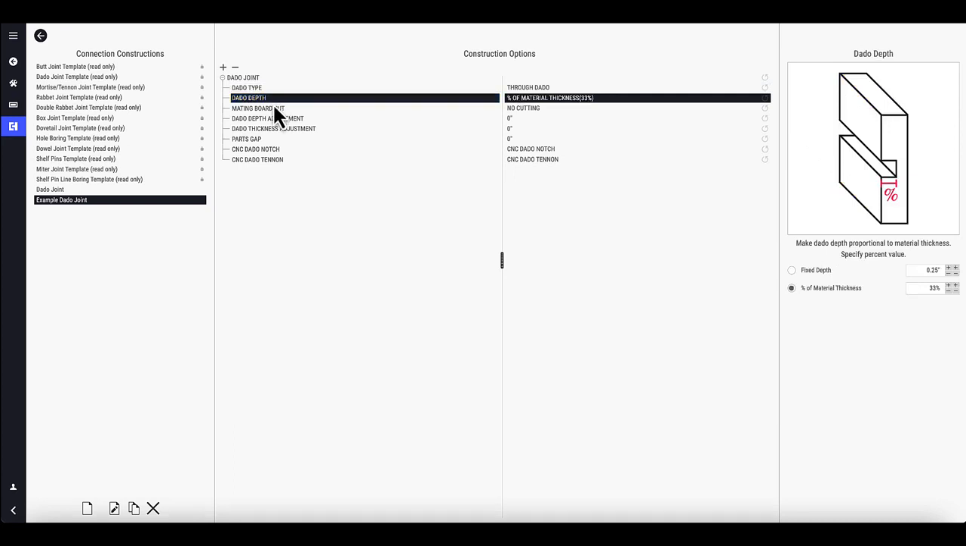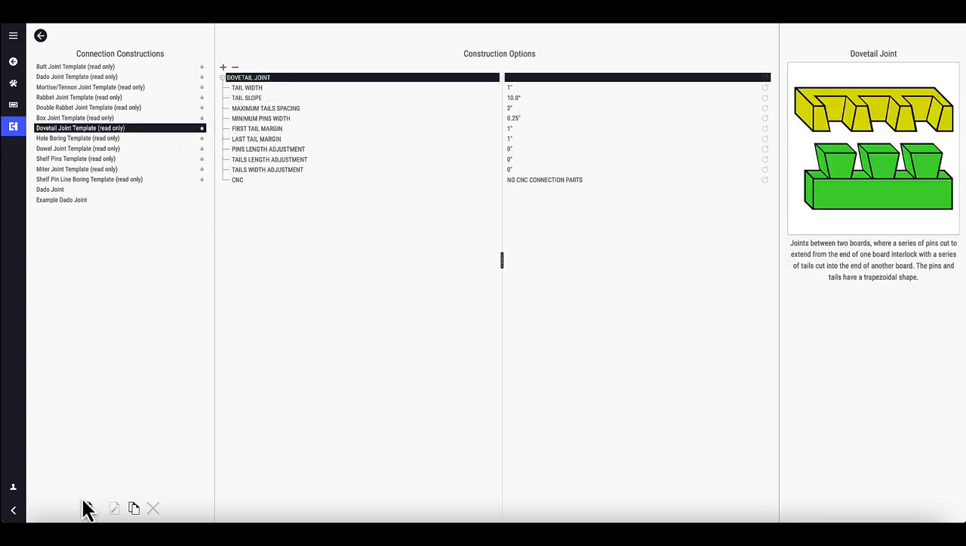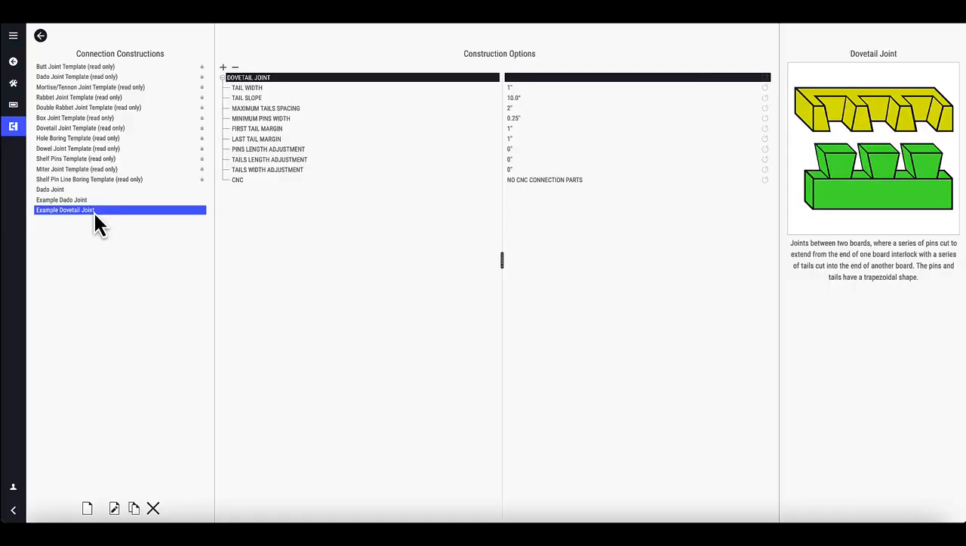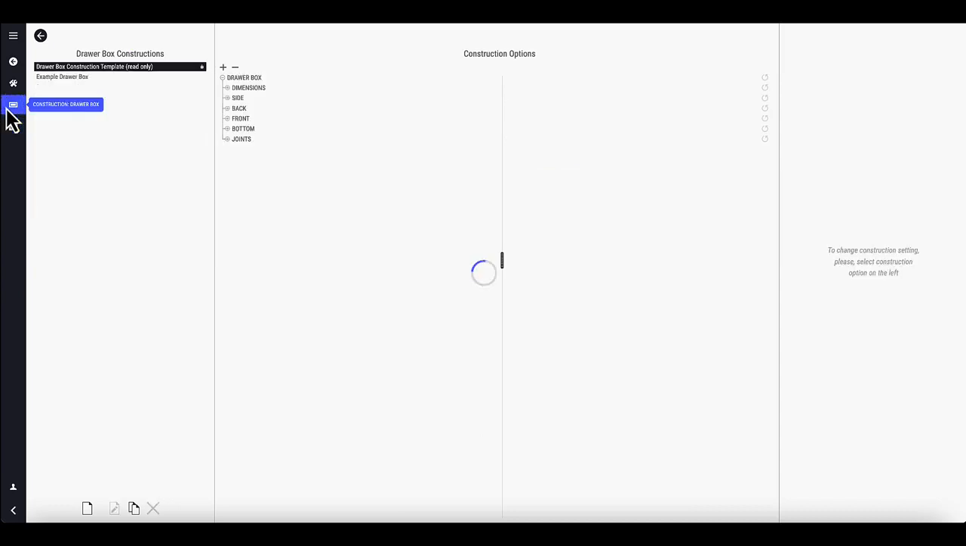A common joint used between drawer box front side and back side connections is the dovetail joint. So repeat the joint creation process, except now with a dovetail joint template selected in the drop-down list. This type of joint will have its own unique parameters that must be set by the user. When the dovetails and dados are ready to go, we can go back to the drawer box construction and assign